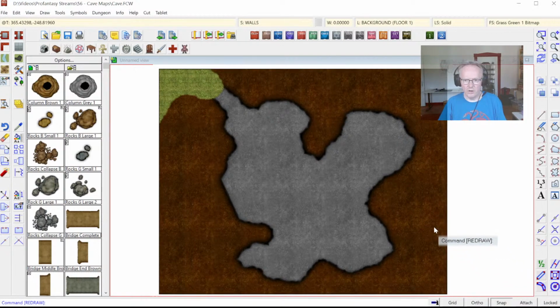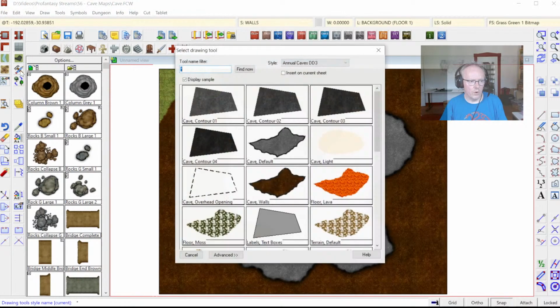That's a good start on our map. One more thing you can do in this map. This map style has some tools for drawing lighted areas in here. So we're seeing it's like bright outside and sun is falling inside the cave. So I'm going to click my All Drawing Tools button and see we've got a Cave Light tool here. I'm going to grab this,